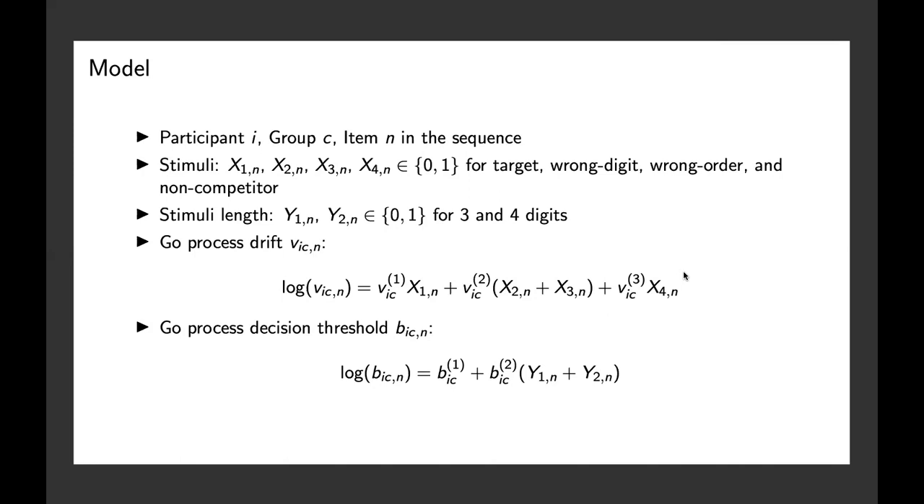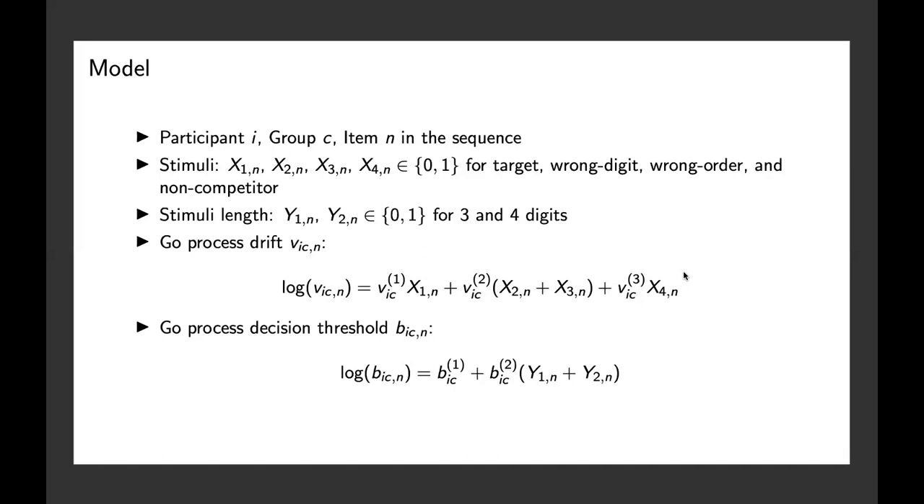For the stimuli length, we use Y1 and Y2 to characterize whether a stimulus has 3 or 4 digits. In the model parameters for the drift rate of the go process, V, which is the speed of accumulating similarity information between stimuli, we consider it to be affected by the type of stimuli because different types of stimuli consist of different amounts of similarity, where the targets have the most similarity and non-competitors have the least amount